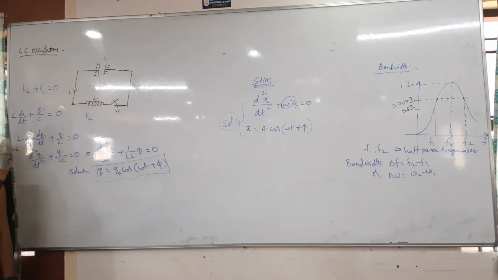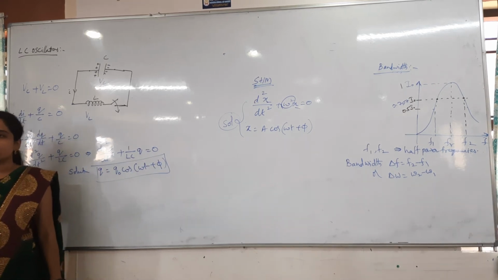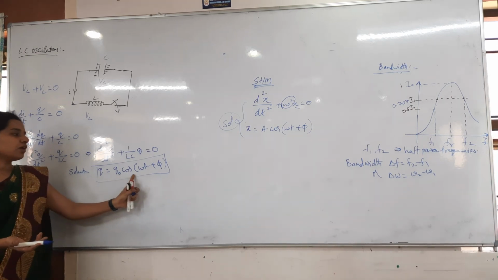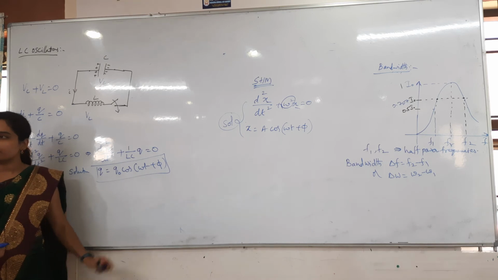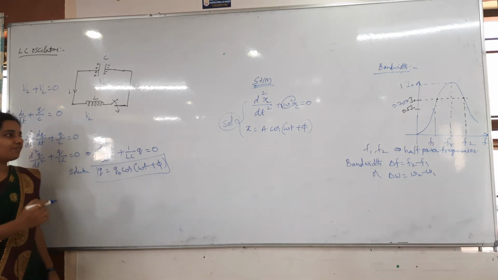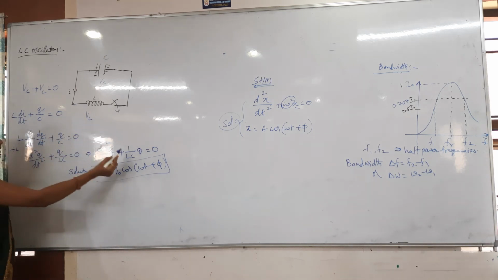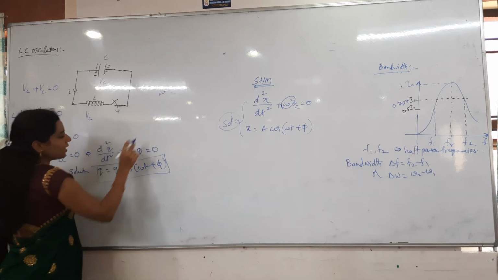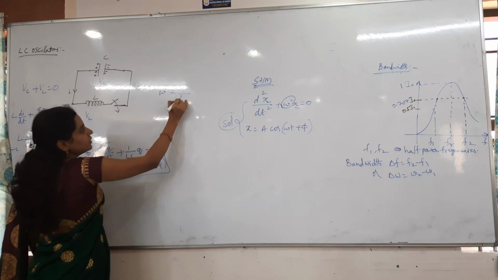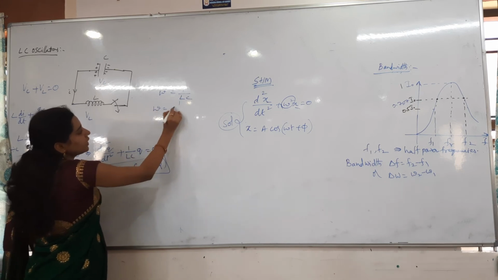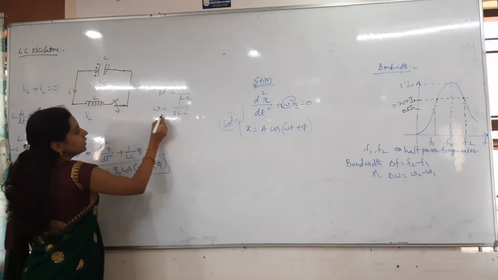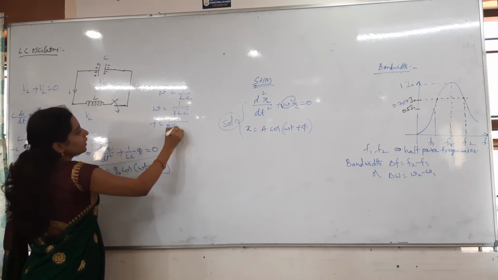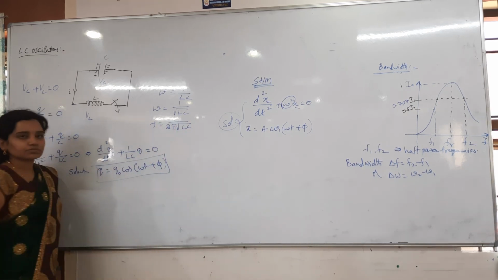Generally, we will get the equation as what? I is equal to I naught cos omega t. In the same way, we got q is equal to q naught cos omega t plus phi. That is the equation we got. Now after that, whenever you compare that equation and this equation, in the place of omega square, what am I having here? 1 by LC. So omega is equal to what you will get? 1 by root LC. Then f is equal to how much you will get? 1 by 2 pi root LC.